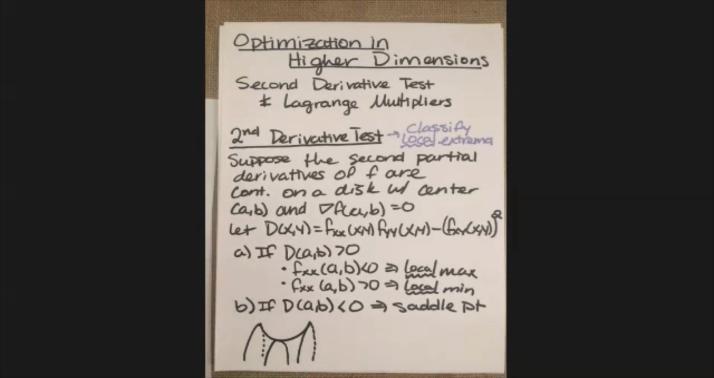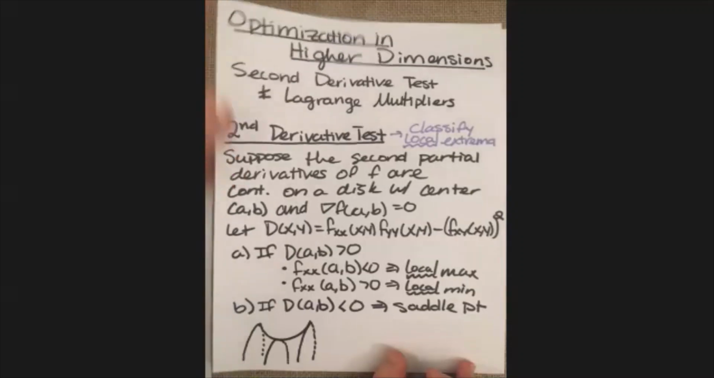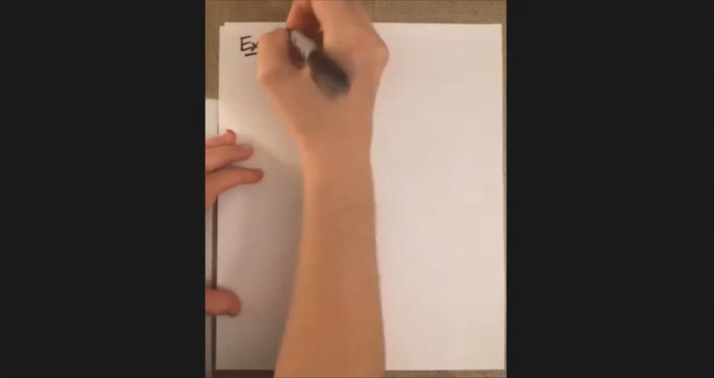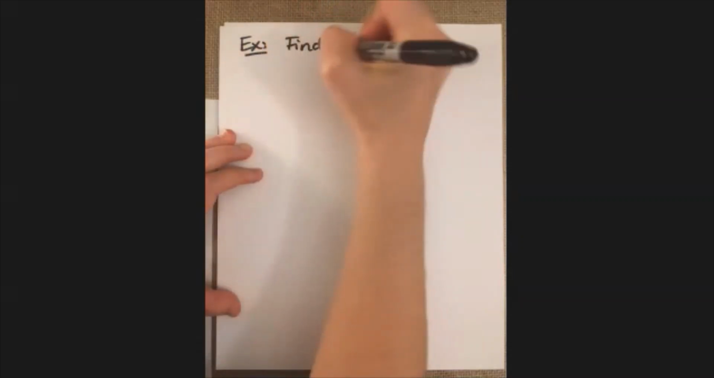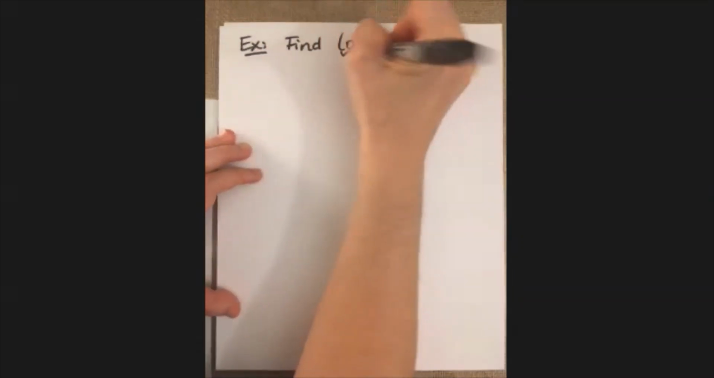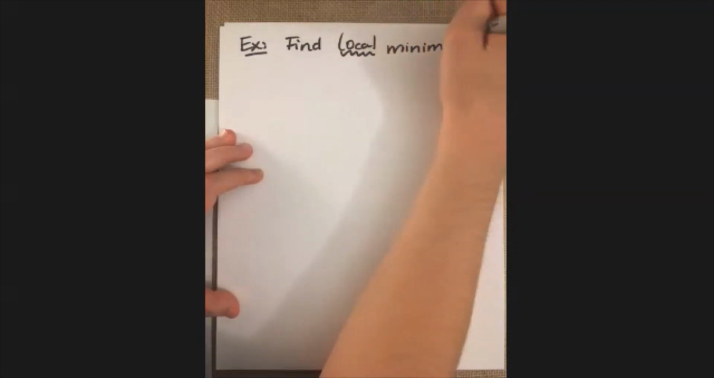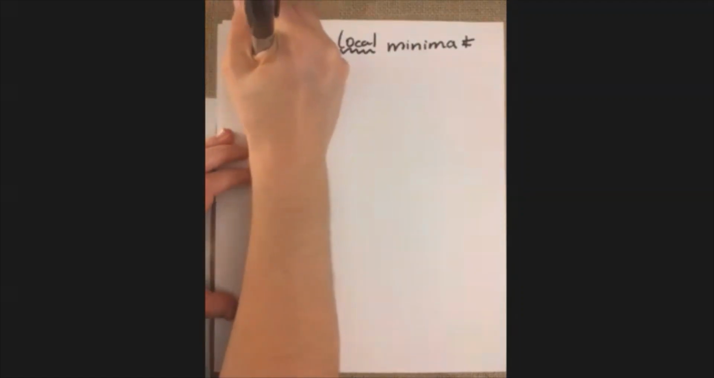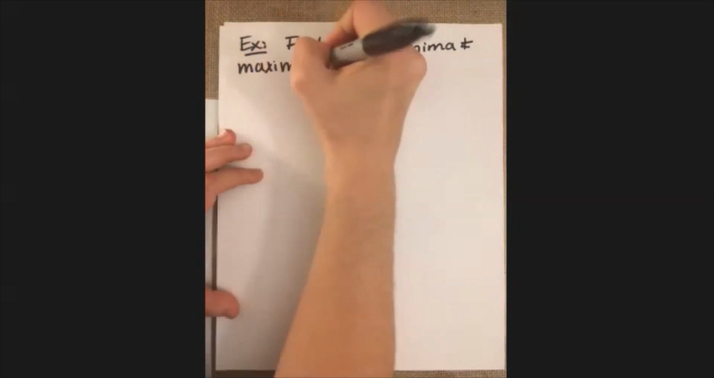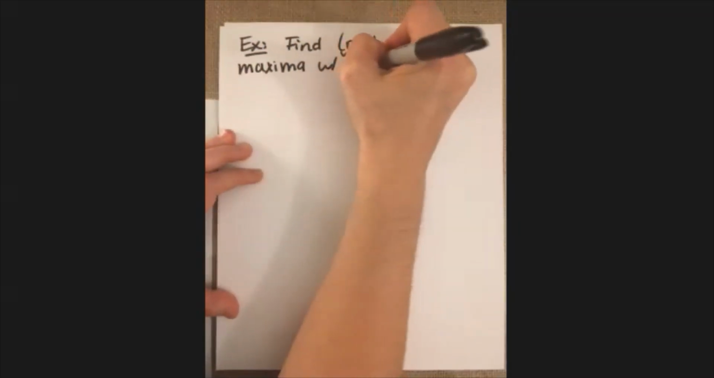So I wanted to do an example that walks through the whole process of using the second derivative test, and then we'll launch into Lagrange multipliers. So in this example, we are going to find local minima and maxima using the second derivative test